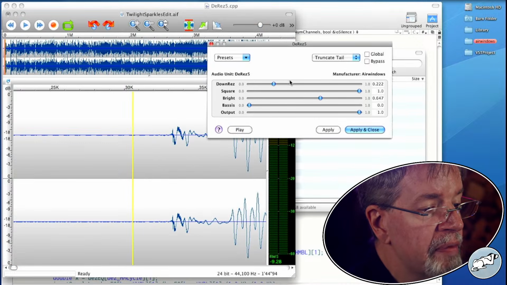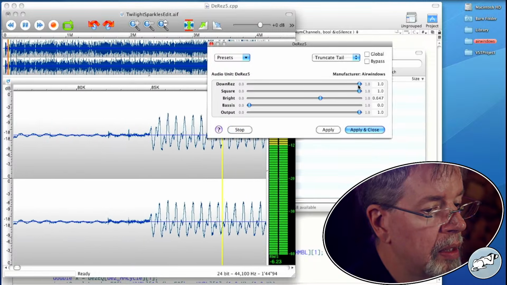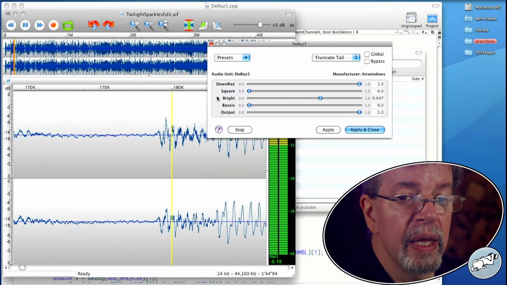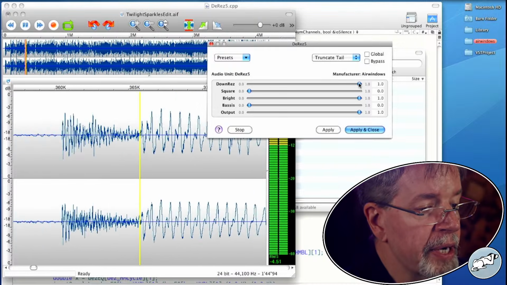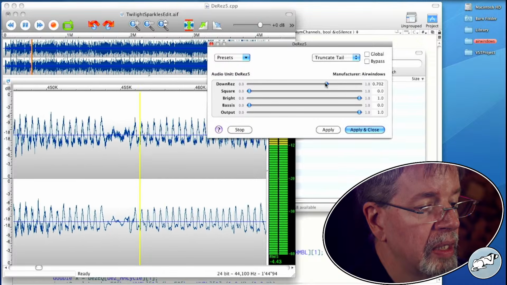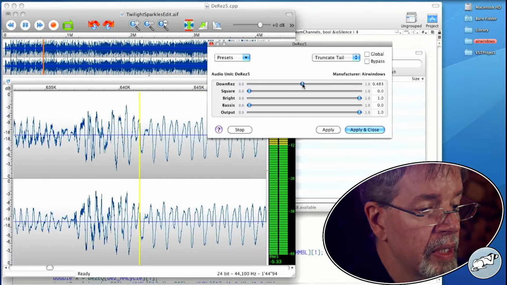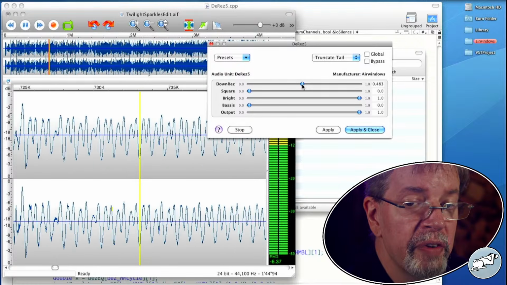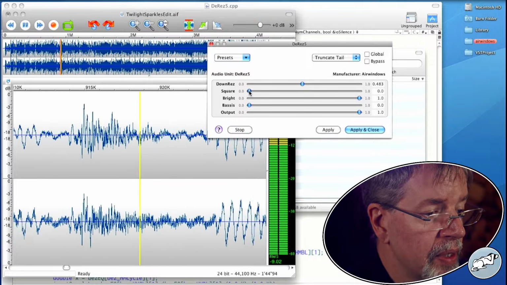So here's what we have sort of throughout. If we're not down resing, nothing much is happening. If we're down resing, we can get a softened type effect, or we can get a brightened type effect like this.